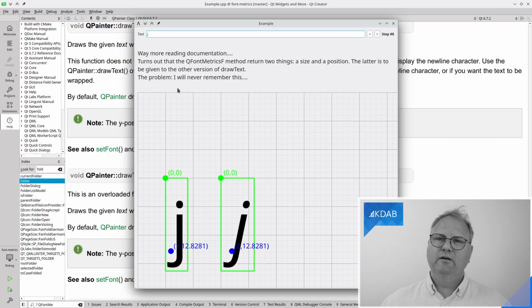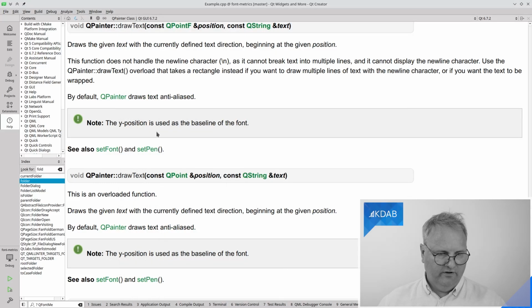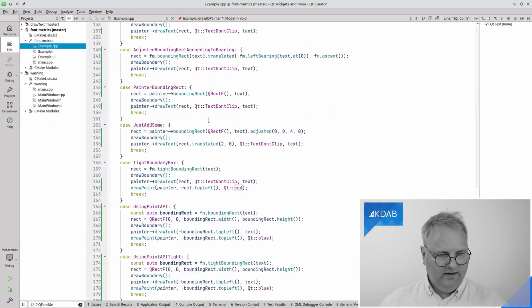So maybe you should be putting a breakpoint or put a bookmark on this particular place in Qt Widgets and More YouTube, so that you can get back once you need to draw something with a draw text call. Let me just show you the code over here